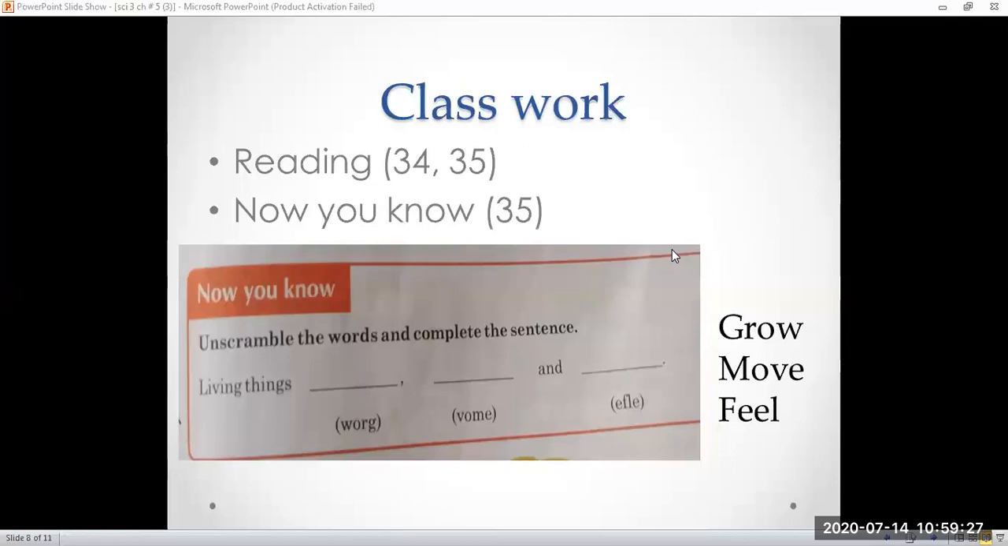Plants can also feel their surroundings. Plants can feel the heat of